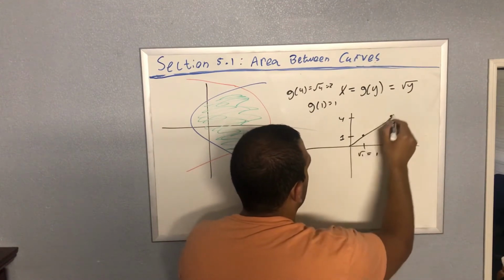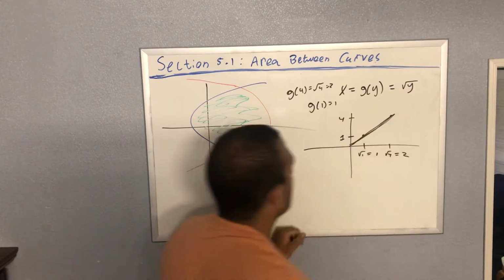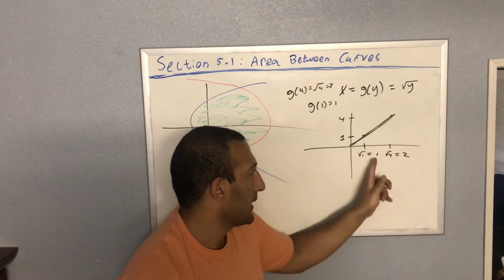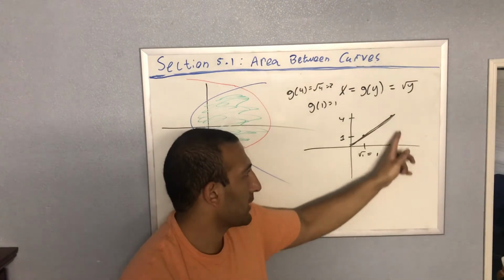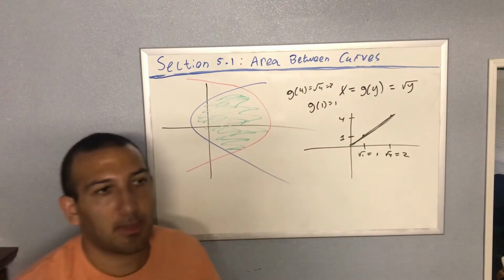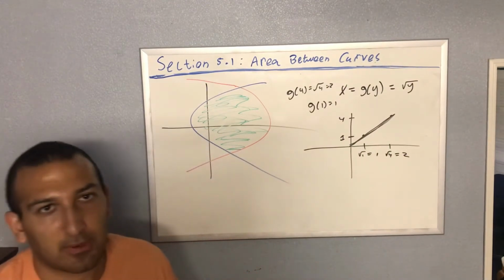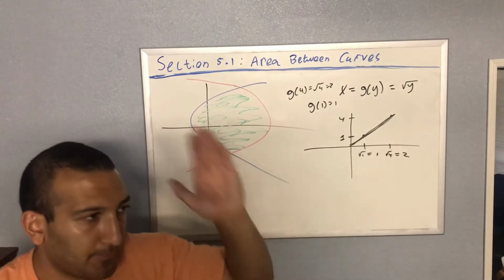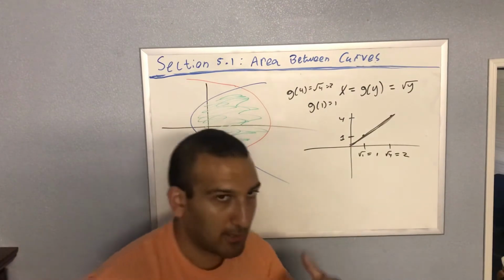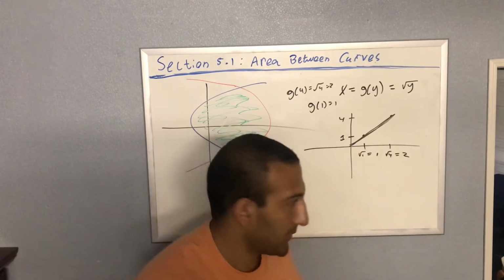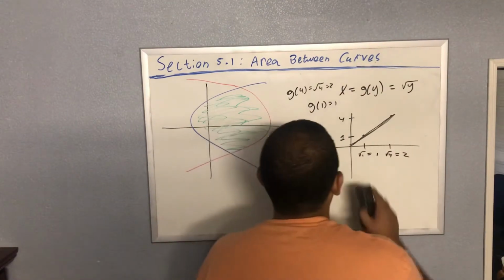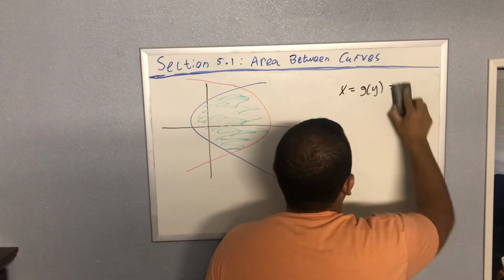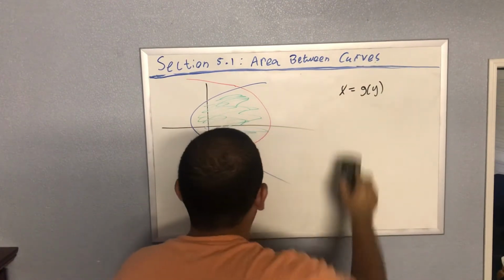And notice that, yes, this does make a parabola. If you keep doing this, these are the exact coordinates of a parabola: 1, 1, 2, 4, because 1 squared is 1, 2 squared is 4. So it's the same thing, just different pieces of information. One tells you the y coordinate, how high or low to go. The other tells you the x coordinate, how left or right to go. And the advantage of dealing with functions in this form, x equals some g of y, is